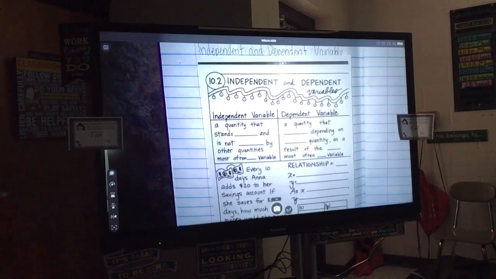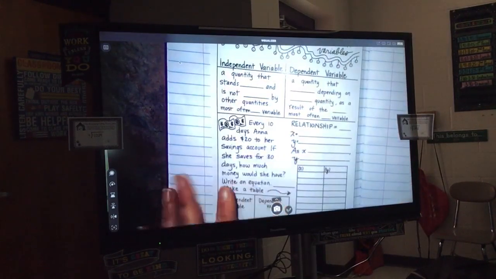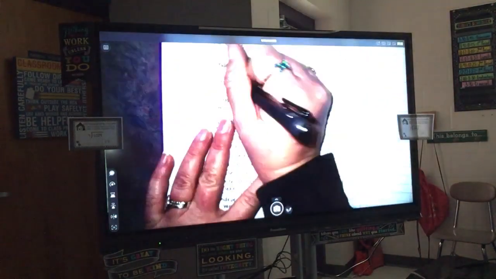All right, so there's going to be just a little bit of notes that we're going to do, fill in the blanks, some highlighting. Then we're going to do a guided practice, and then y'all are going to do an independent practice. And it's going to be, again, the majority of what you're actually going to be tested on is your independent practice today. All right, so an independent variable is a quantity that stands alone